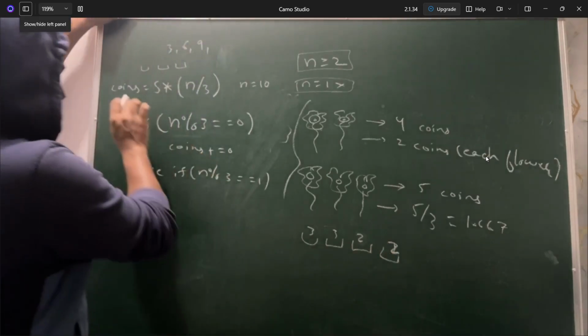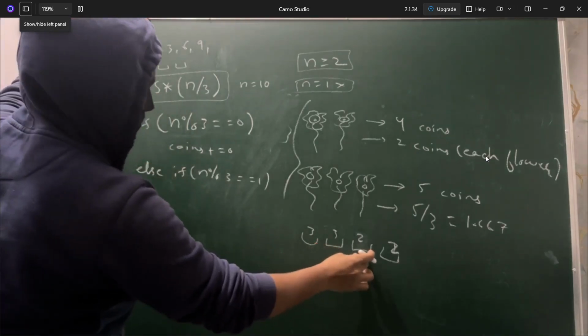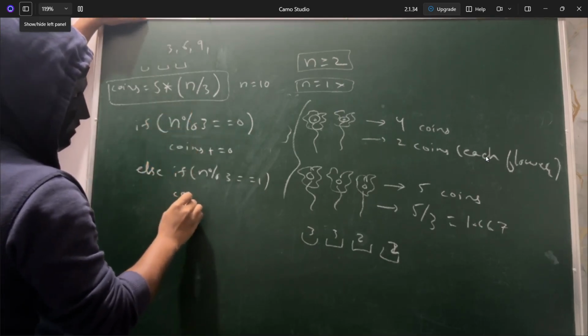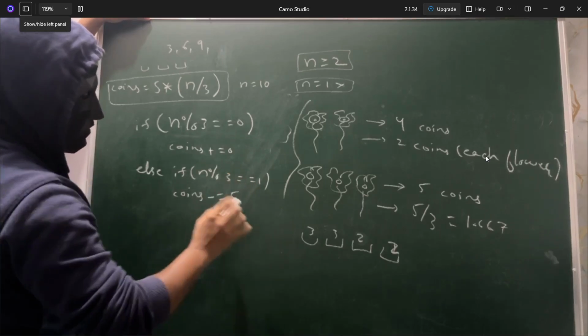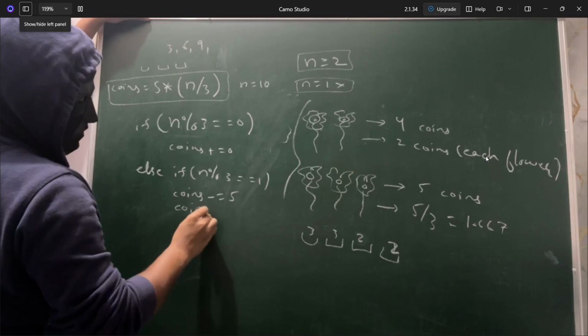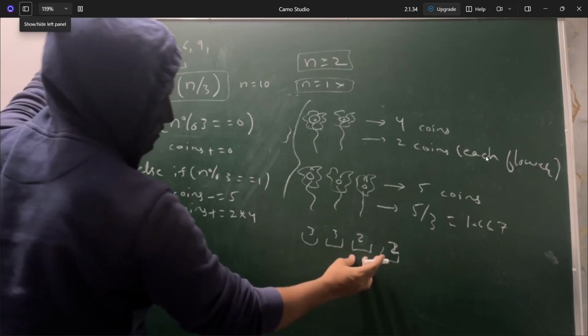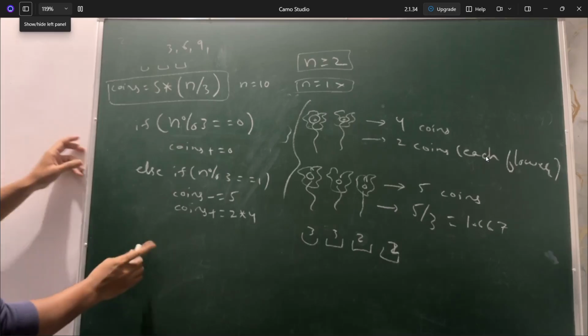Since at this point you have added 3 sets' value, I mean 5 into 3 times, 5 you will have to decrease. So coins minus equals 5, 1 set you are decreasing. Then you will add coins plus equals 2 times 4, because at the end you have 2 sets of 2 flowers, and each set will cost you 4 coins. You will be doing this. Else